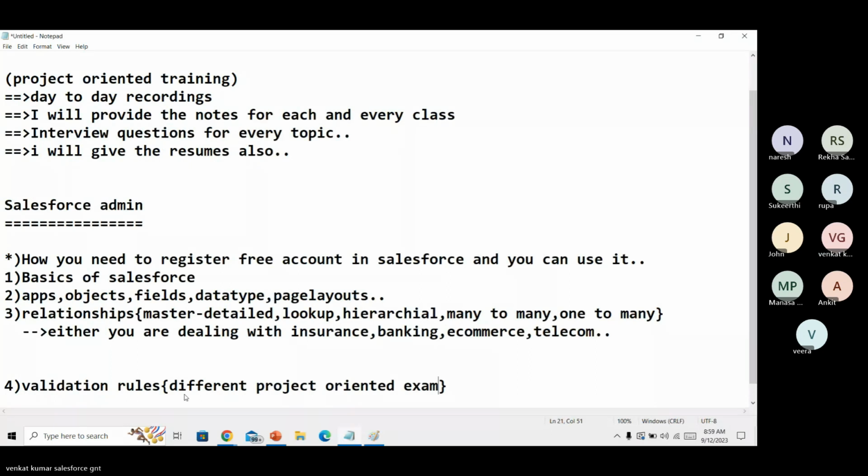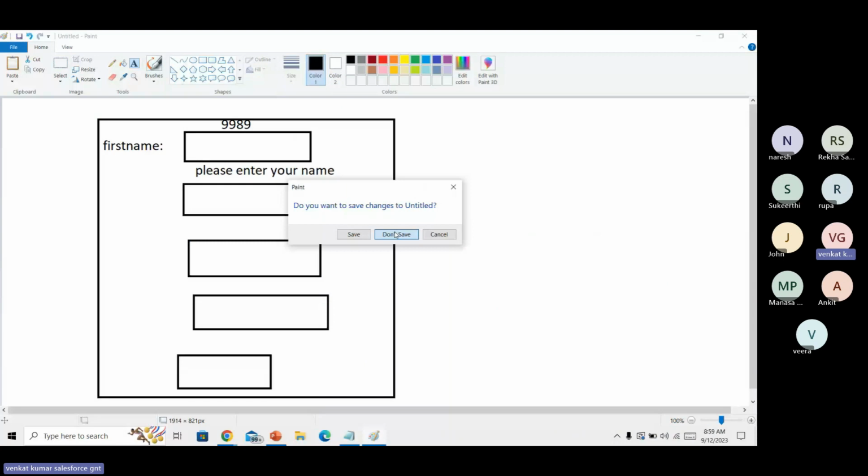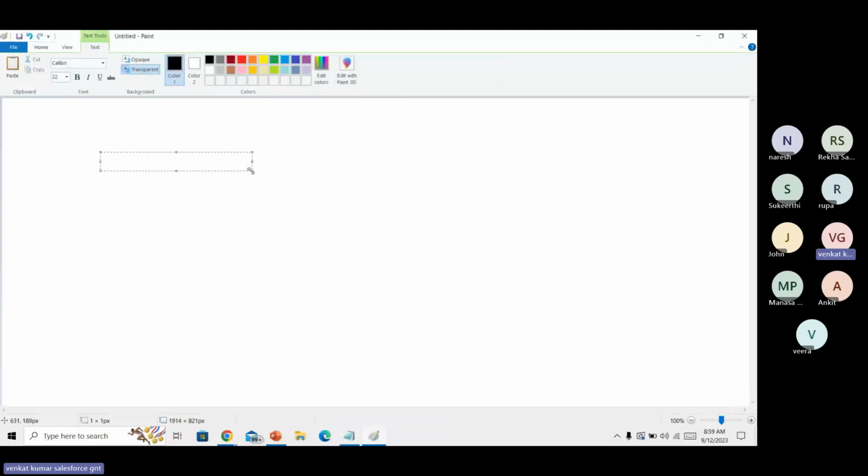After that, I'll deal with data management. For example, you are dealing with a telecom project and you got so many leads, so many people interested in taking your products. Those records are in an Excel sheet.